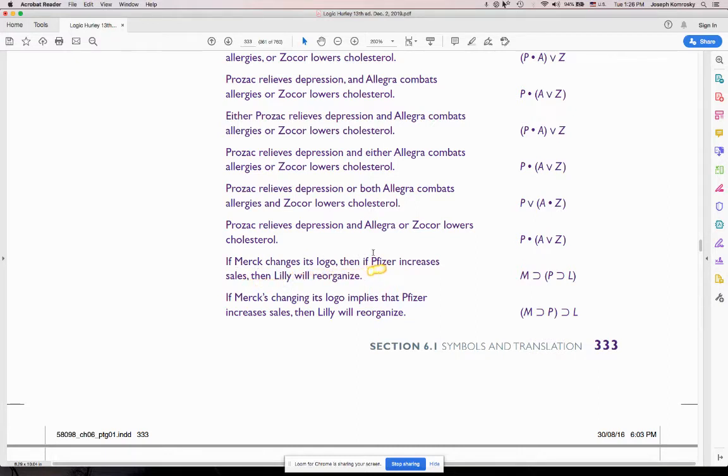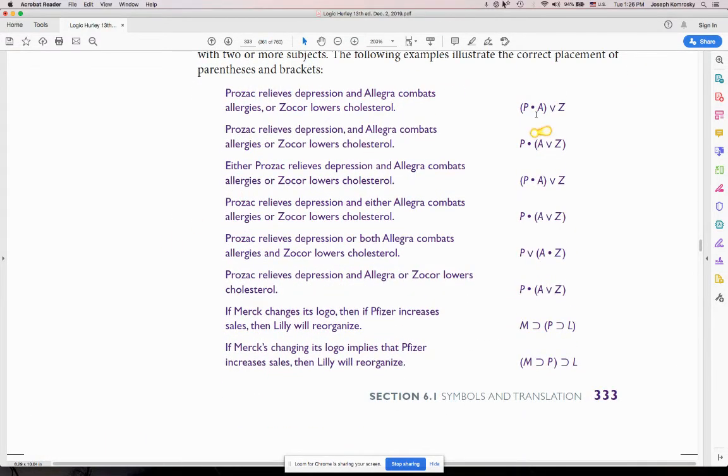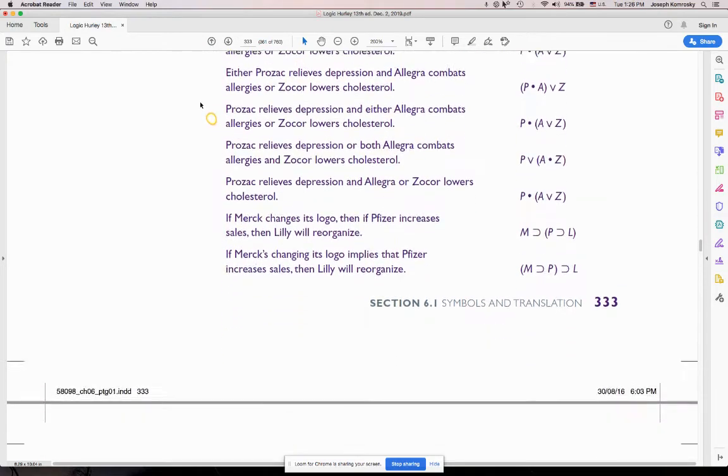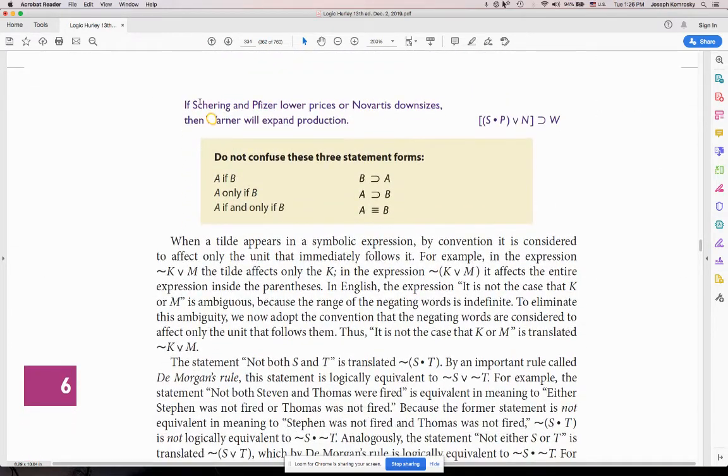So if P, then L. So P, then L. And all that was separated by that first comma, okay? So look at those. He's going to use a couple different symbols at you with parentheses. And then